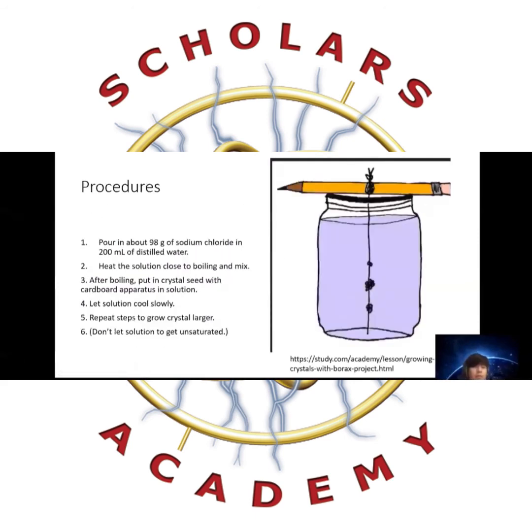After making the crystal seed, you want to grab a larger container and pour 98 grams of salt in there and 100 milliliters of distilled water. Then you want to heat the solution close to boiling and mix it. And according to the chart, the salt should fully dissolve, and then once you put it in there, you want to let it cool a